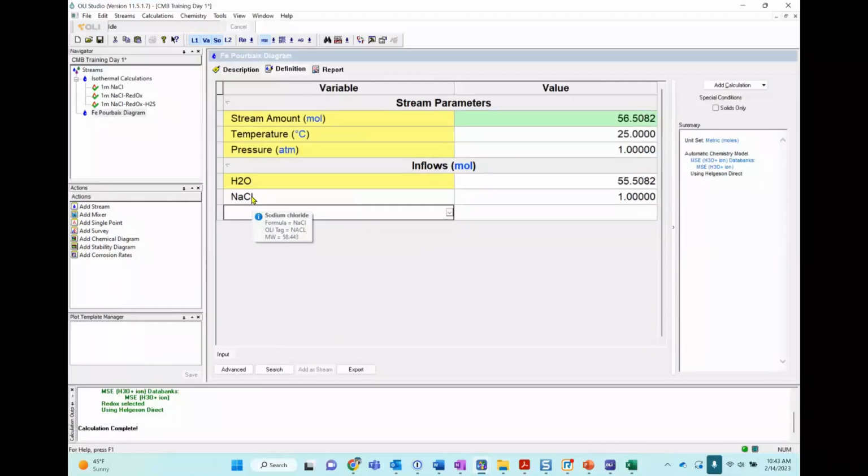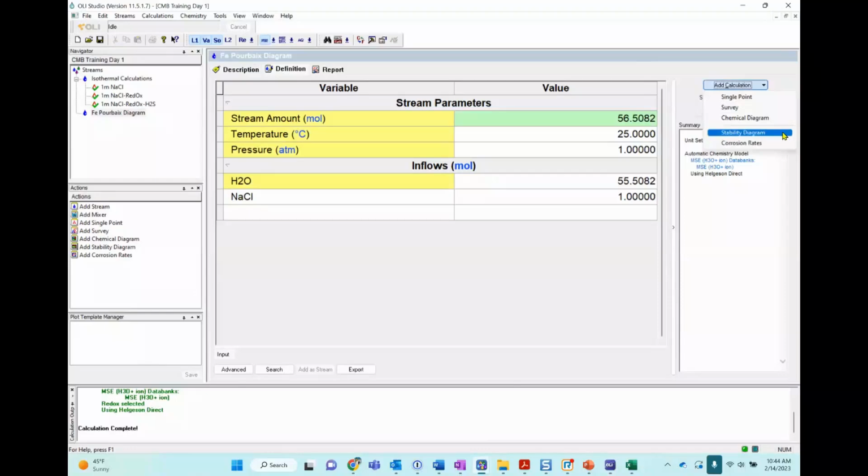Now, again, the MSC is the default framework for our software in this version. We are going to leave temperature and pressure at 25 degrees C, everything the same. That's my water. This is my bulk chemistry. I don't need to specify absolutely anything else. My framework and the phases are all default. But I go to the Add Calculation button, and here you'll see that I have the stability diagram option.